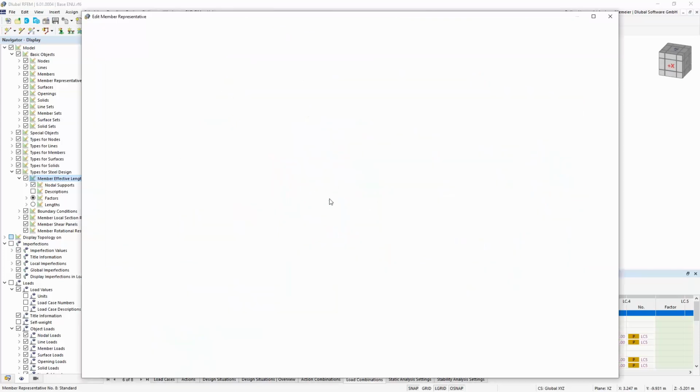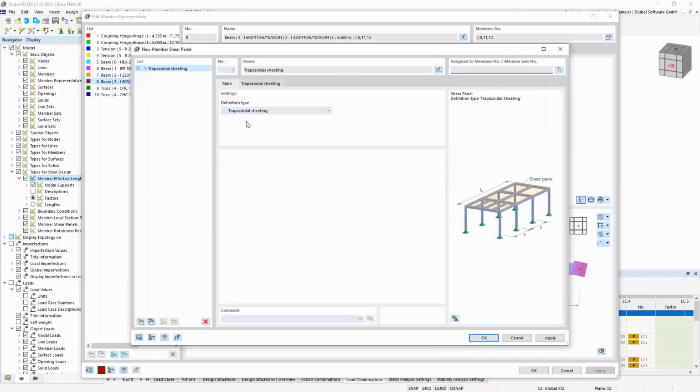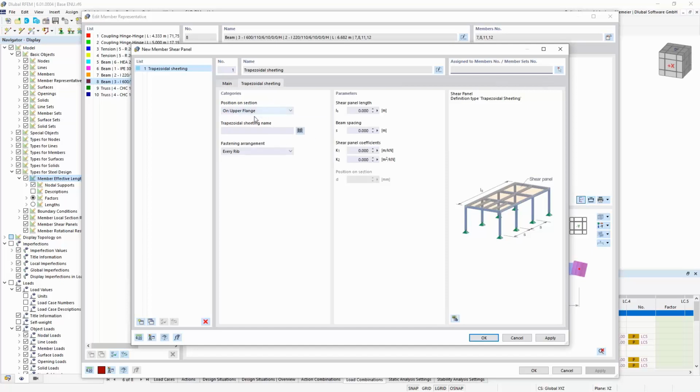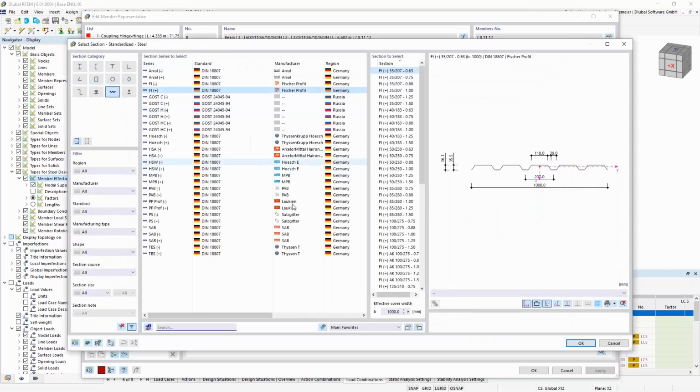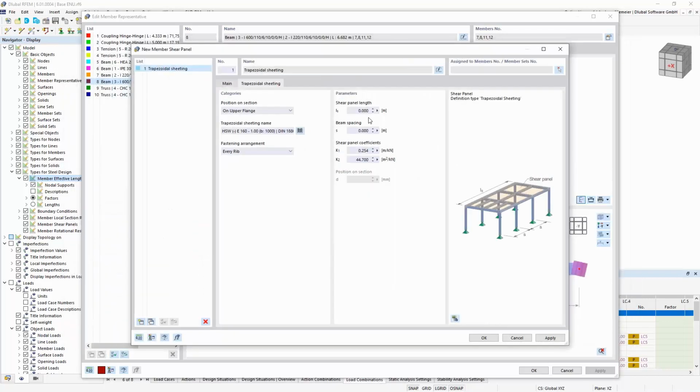Maybe for this roof, we can also add some shear panel check. So we place here maybe a trapezoidal sheeting where we say it's placed on the upper flange, maybe for this sheet with a height of 160 millimeters. And we have a shear panel length of, for example, 50 meters with a beam spacing of 5 meters.